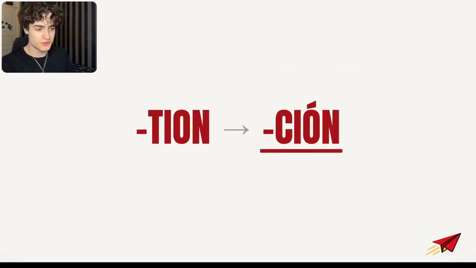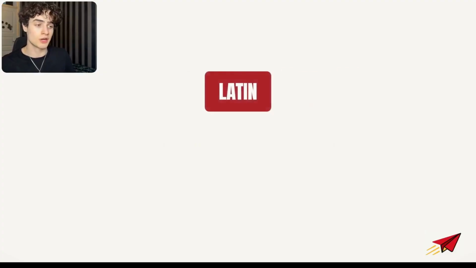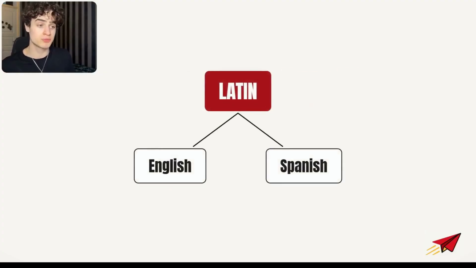And the reason why cognates even exist is because of shared roots between Latin, English and Spanish. So English is a Germanic language, but it has a lot of Latin roots, and Spanish is a Latin language. But because English has so many roots in Latin, there are lots of cognates, meaning words that share